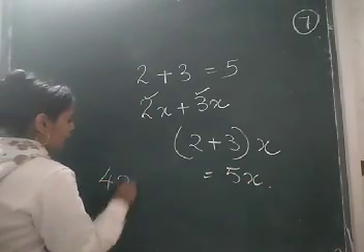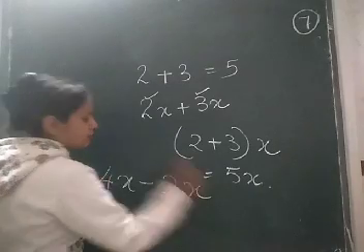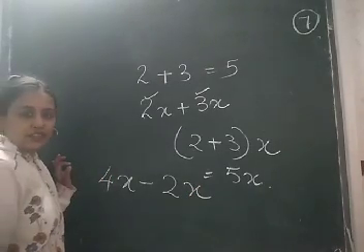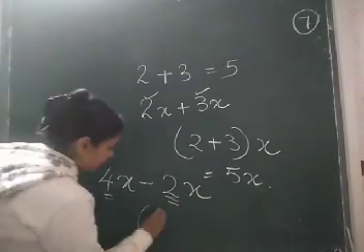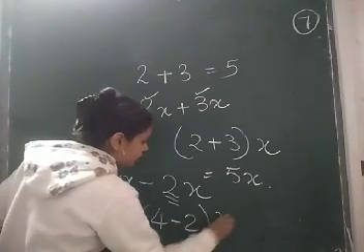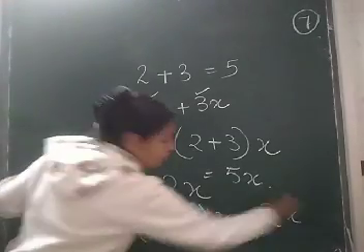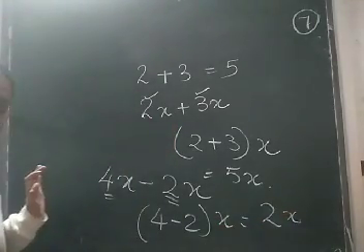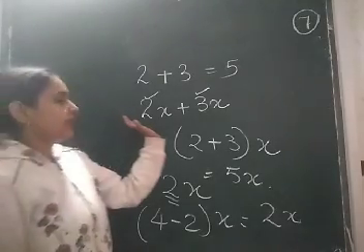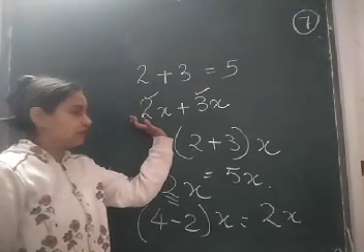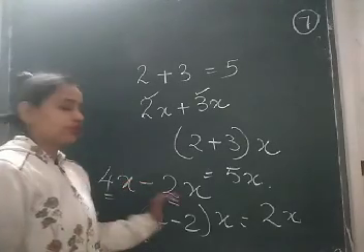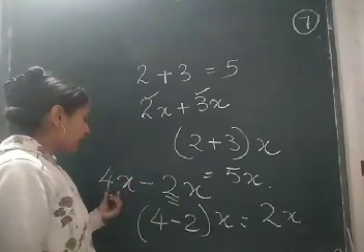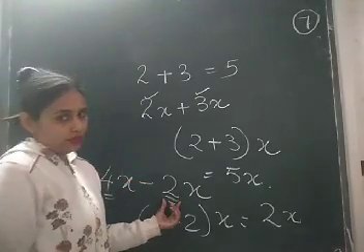Similarly, we subtract the algebraic expressions, where we subtract the constant terms. It is something like this: 4 minus 2 gives us 2. Okay, children? So when we add the two terms, we add their constant values. When we subtract the two algebraic terms, we subtract their constant values. Okay, children?